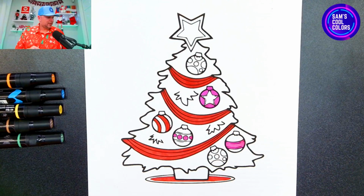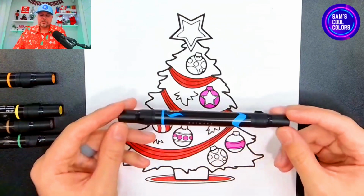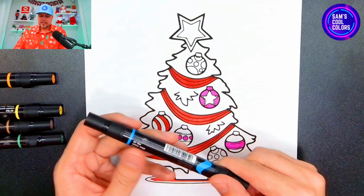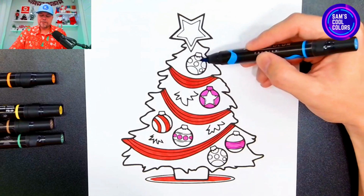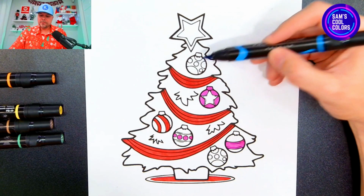Beautiful. So now let's keep moving and let's go ahead and use our third color, which is going to be blue. So let's go ahead and use any blue you have. This is a bright blue, and it's called True Blue for Prismacolor, but if you have any blue, that'll work great. Let's go ahead and go to the very top of our tree where you see the first ornament, and